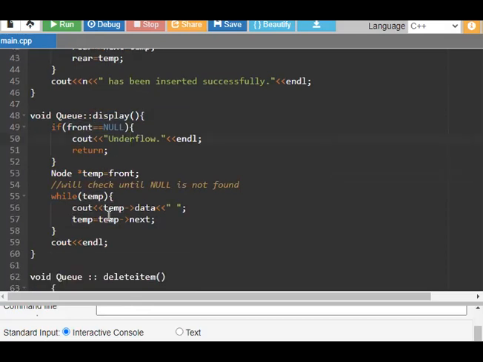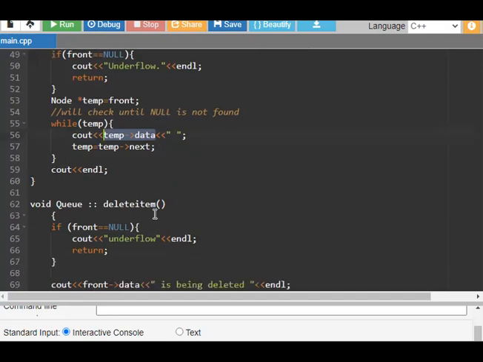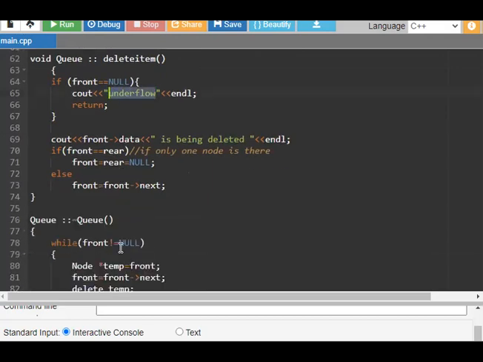Under display, we further check whether front equals null or not. If it is not null, the temp data can be displayed until null is found. Then for deleting an item, first we have to check underflow,